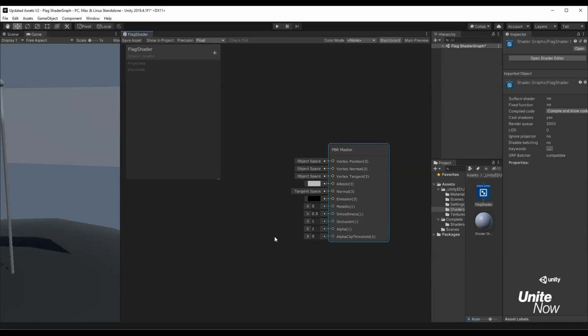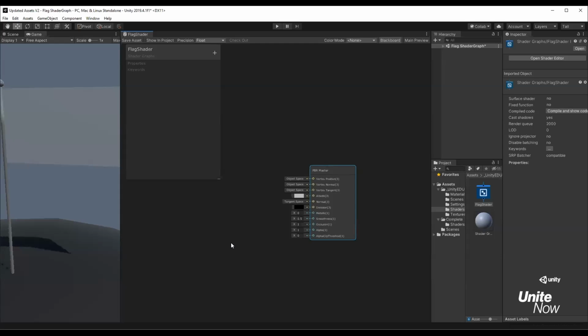And the first step that we want to do is we want to make this flag oscillate back and forth. So how do we access the position of this flag? Right? So you can see the flag right here in the game view. We want to access its position. So the way we access its position is we can,